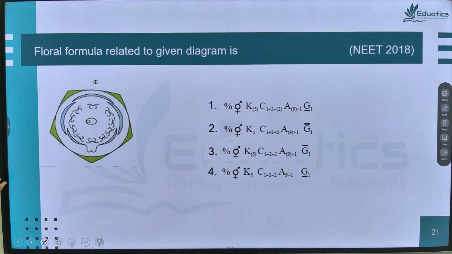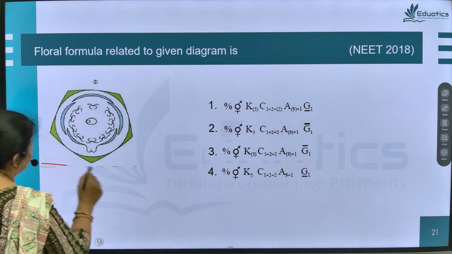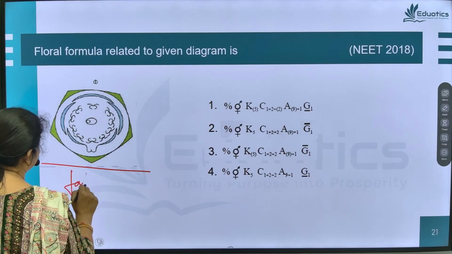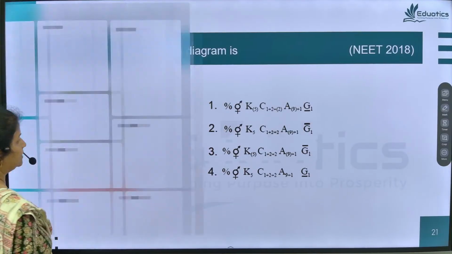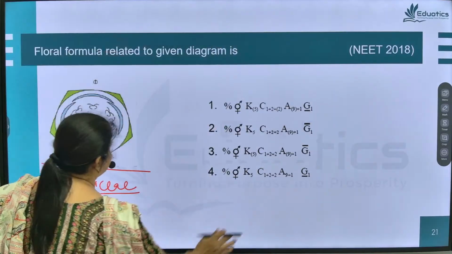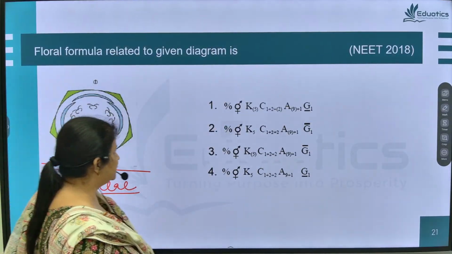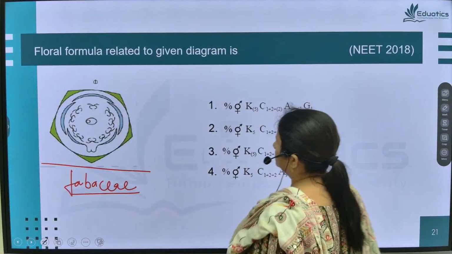Again, you can identify. We have done this floral formula, this diagram, 4 times in these questions only, and this is the floral formula of family Fabaceae. Which family? Fabaceae family. We can see 1